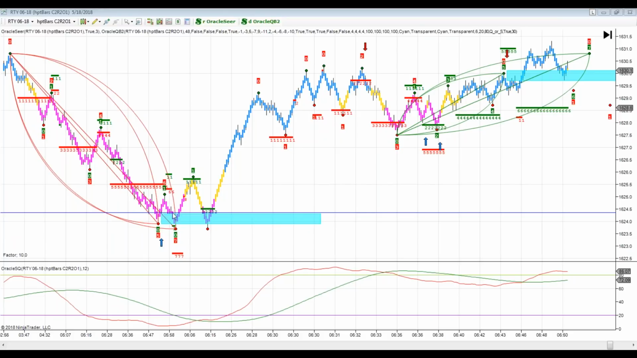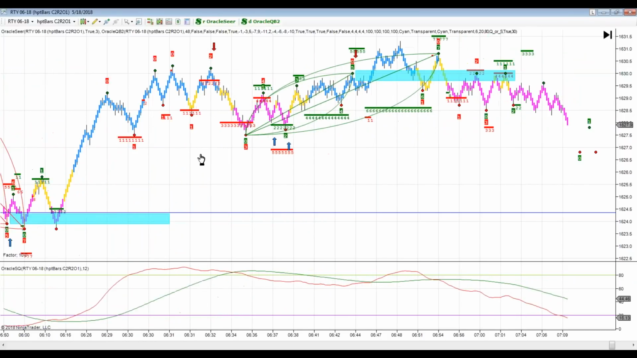Produced a nice long trade here that never got stopped out below the band for a nice big run all the way up into the pit open. So I just wanted to demonstrate that. But again, using our hour and a half analysis, the first trade entry here on the Russell